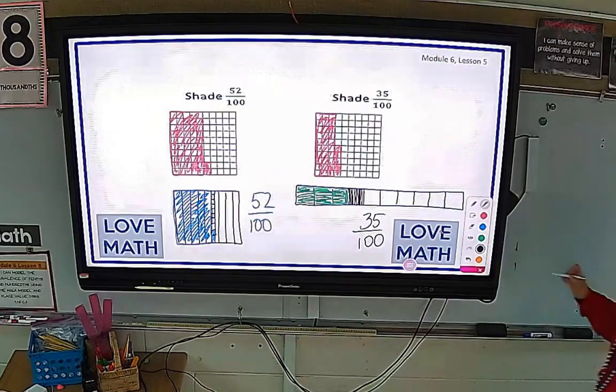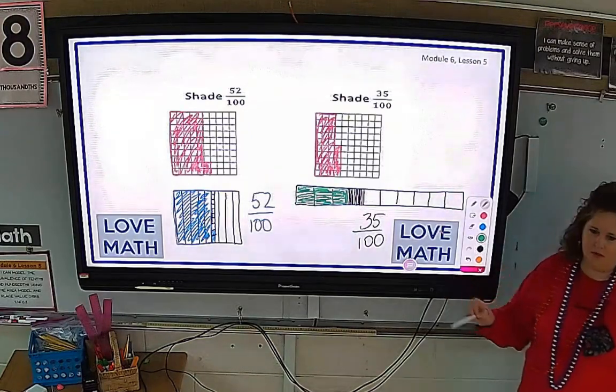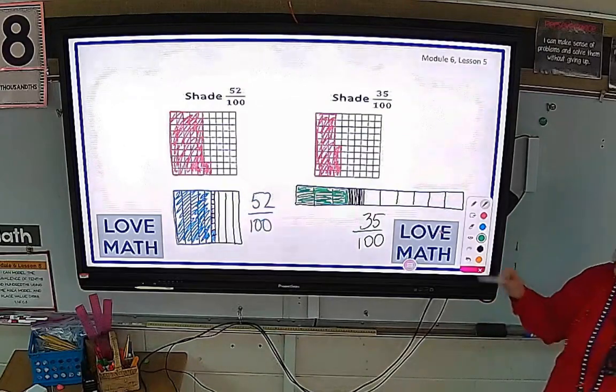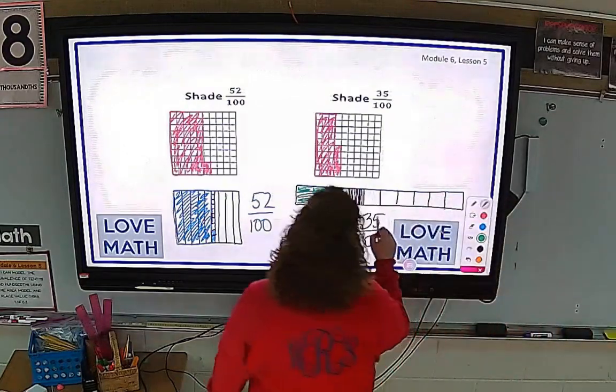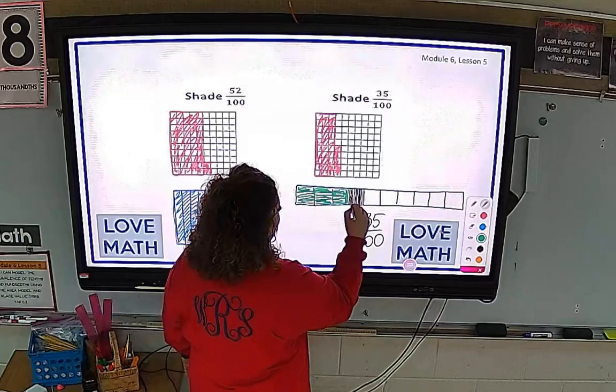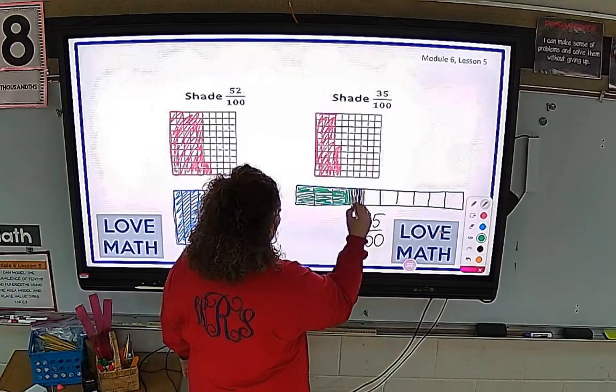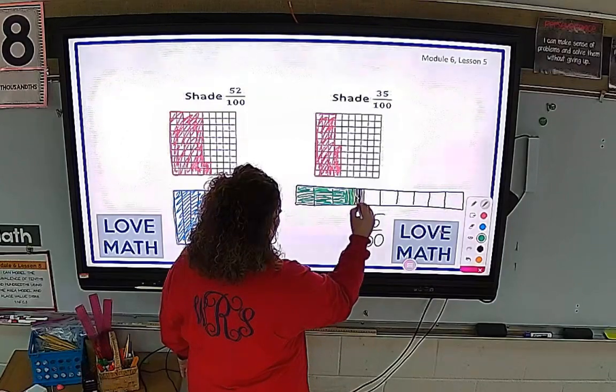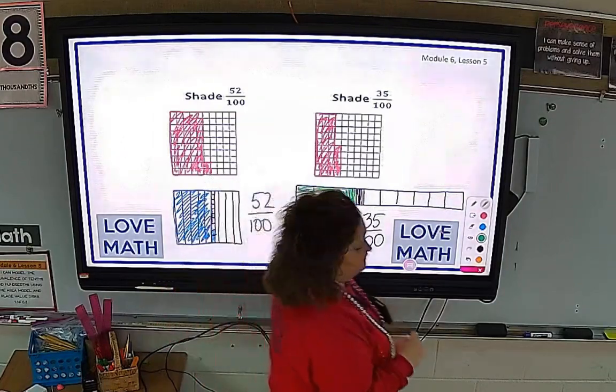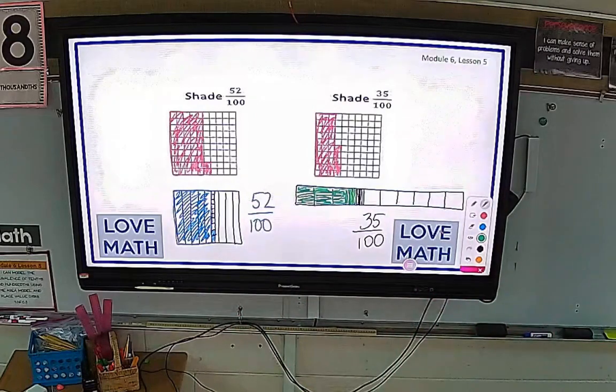Yeah. But how many of those itty bitties are we going to shade in? 5 of those, because 5 is in the hundredths place on 35. So carefully try to color those in. Alright, you can kind of see it. Yeah. It leaves what out? Whenever you draw the area on it, it's easy to